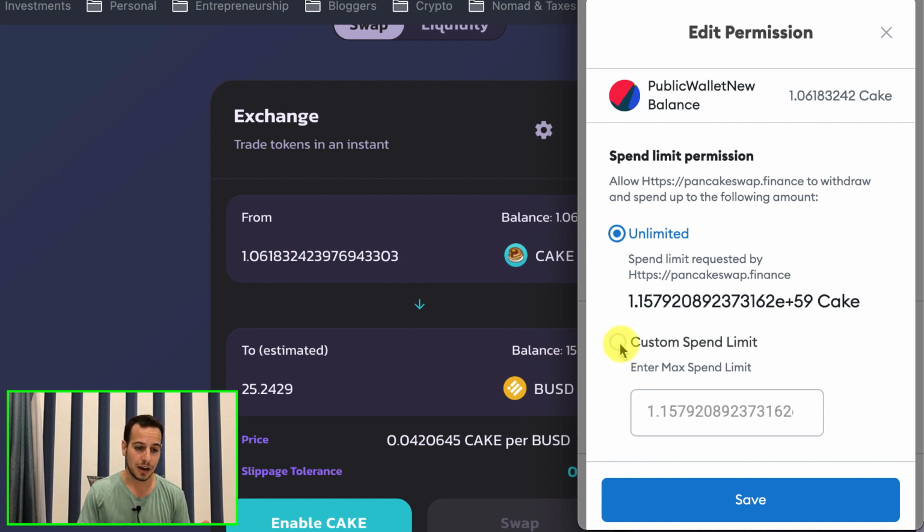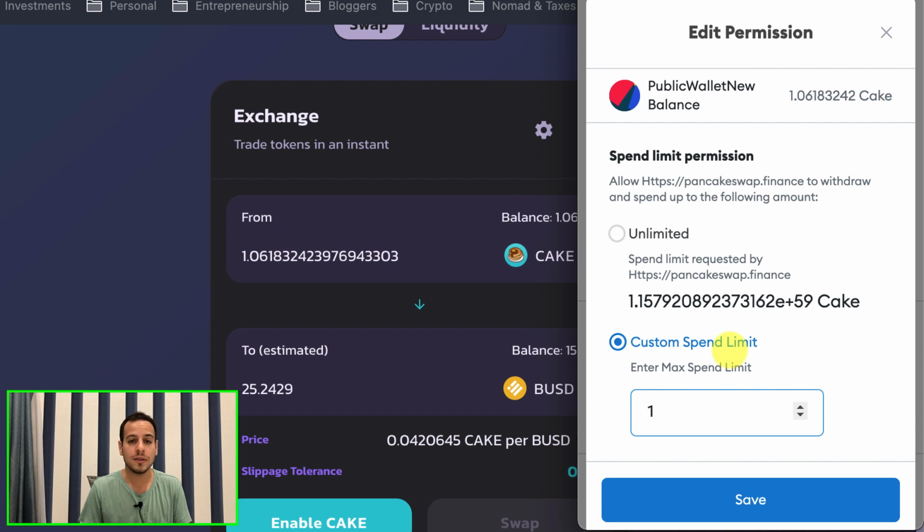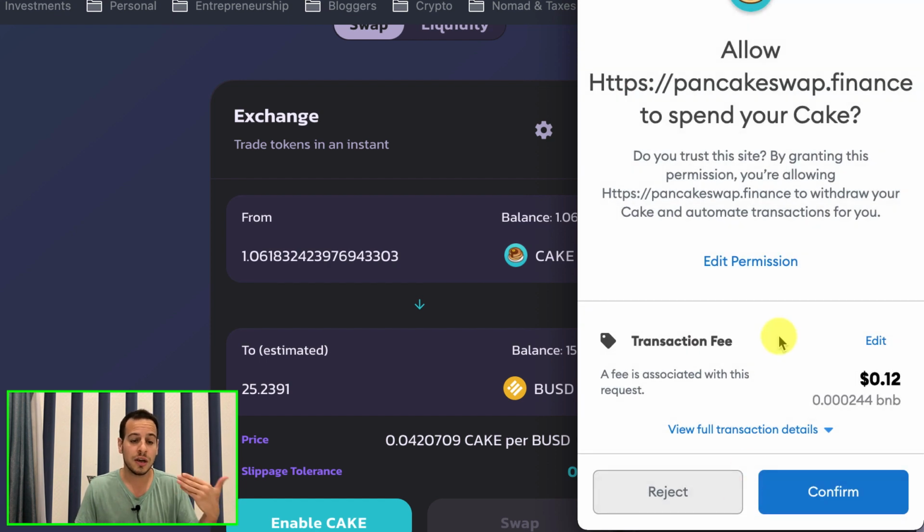Because it's unlimited. Actually, I can change it to a custom spend limit and write this spend limit, or whatever limit that I want, and just limit the smart contract to a certain amount, so it will not be able to spend all my cakes, but only a specific amount of cake tokens. By default, it will be unlimited, and it will give the smart contract permission to use your cake tokens, in that case cake, in other cases whatever token you're going to swap. The smart contract needs this permission in order to perform the swap,